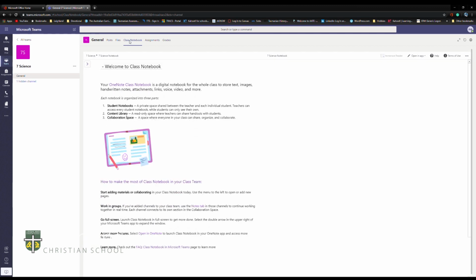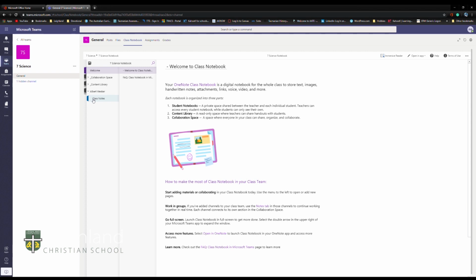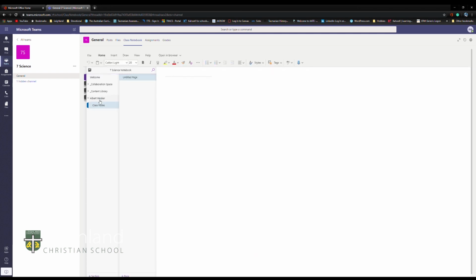This is a little bit like a digital exercise book. What we can do is expand this, and what Albert, the student, can see is his own digital exercise book. Here the teacher has created a tab called Class Notes. When that's clicked on, you can see that this blank page appears. This is where Albert could submit his tasks ready for the teacher to check that aren't necessarily assessment tasks, so they could be formative pieces of work or activities that the teacher wants the student to do before actually